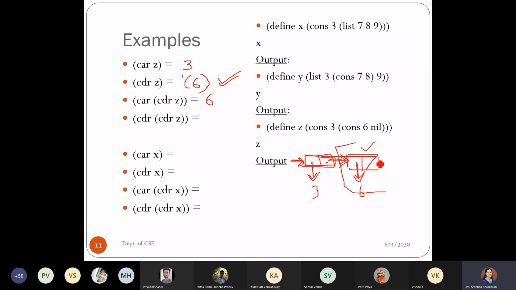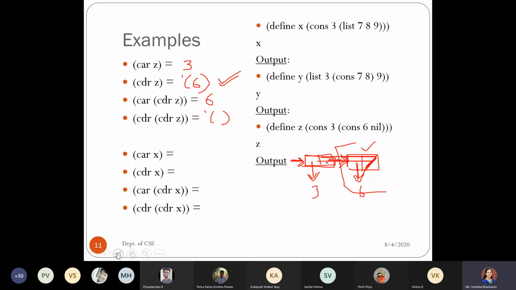The second part of it is a nil, crossed one. So it will be just an empty box. So nil, an empty list. Okay, clear, right? So let's move on.